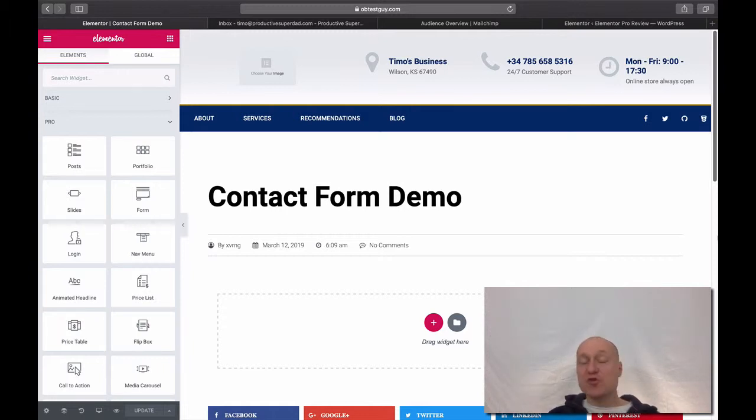Now, what used to be the case before Elementor came into play was that when I started building websites and I wanted to have a contact form, I had to install a separate WordPress plugin in order to achieve that functionality on my website. But since I have Elementor Pro, I can very easily create a form into my website with